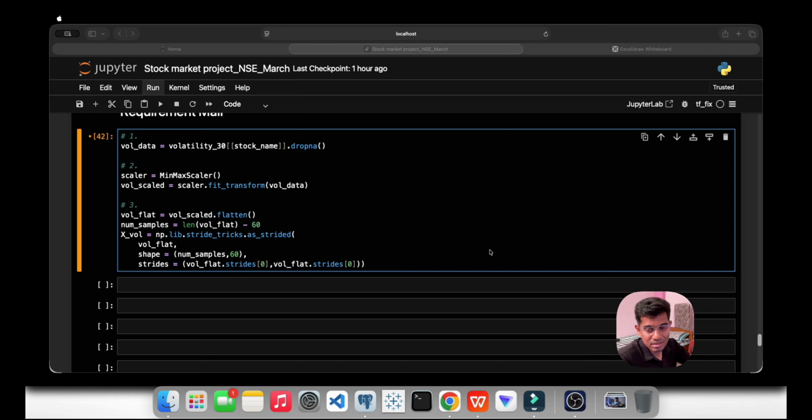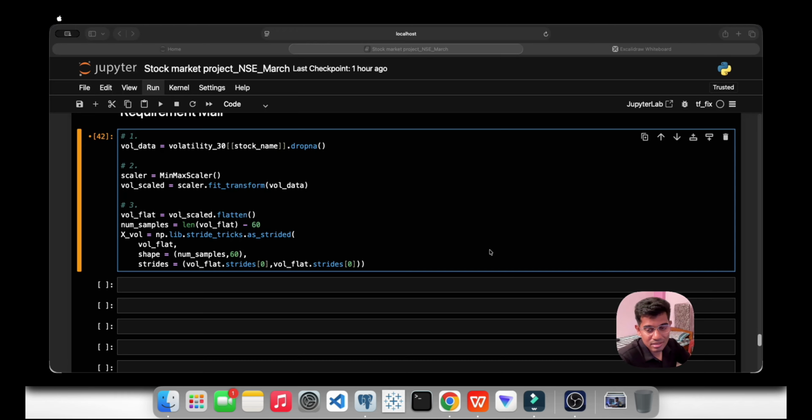Return sequences, and here in return sequences I will write True. Then input shape, 60 will be there, simple as it is. One more comma, bracket will be there. Then we will give a dropout of 0.2.